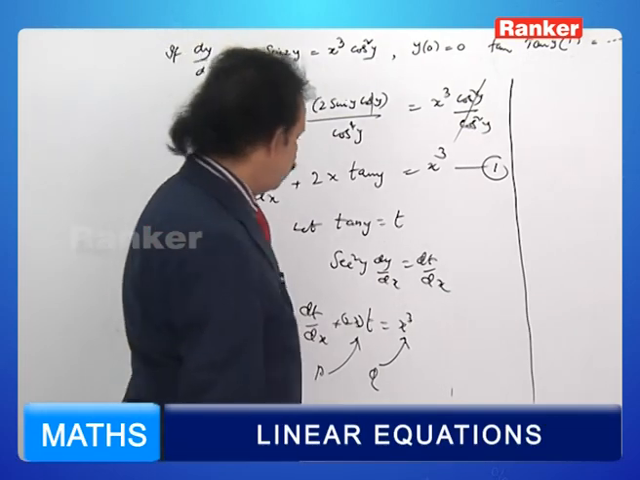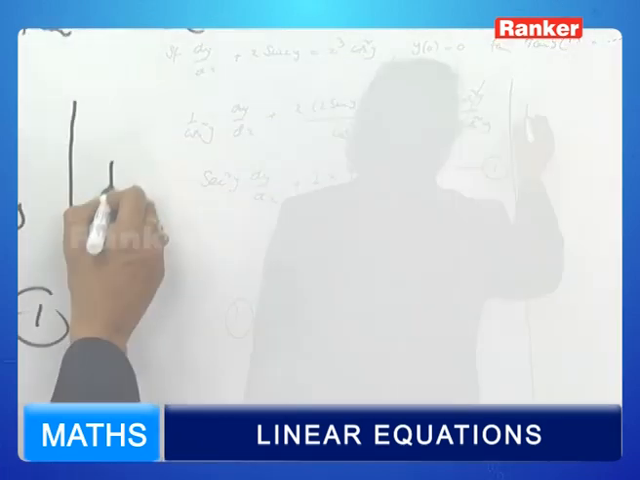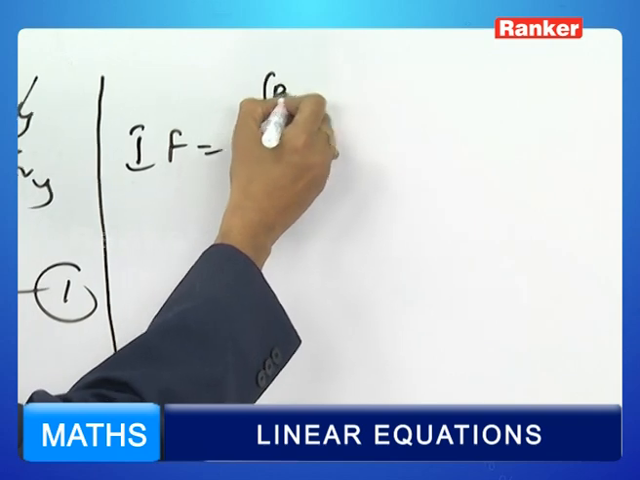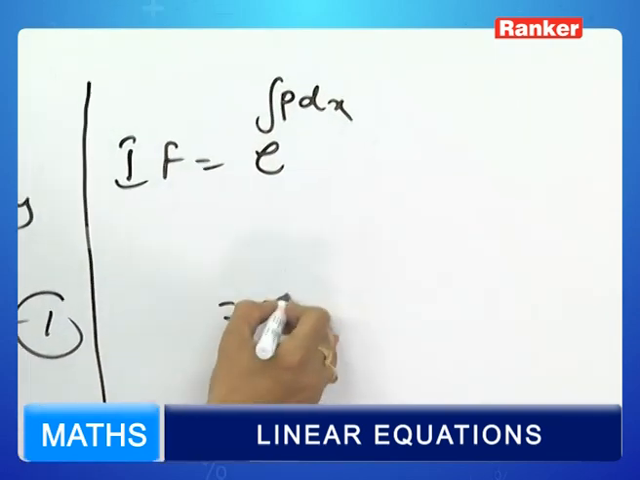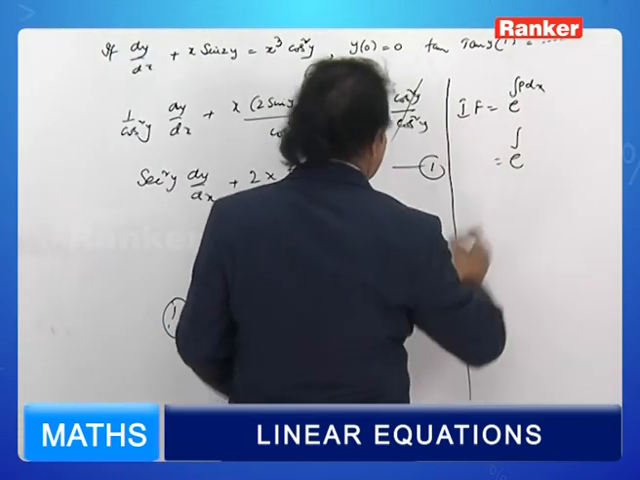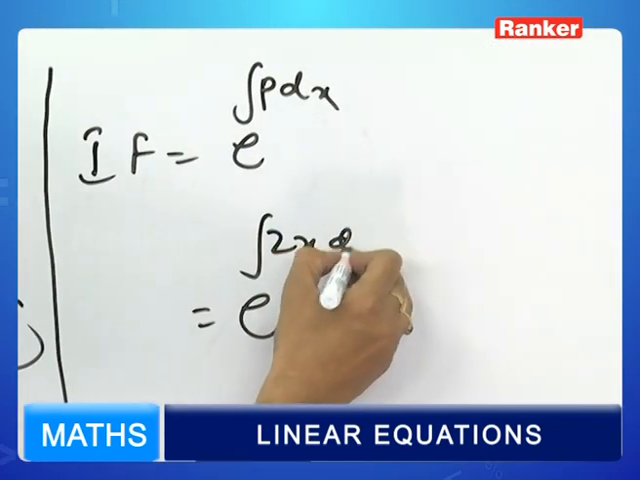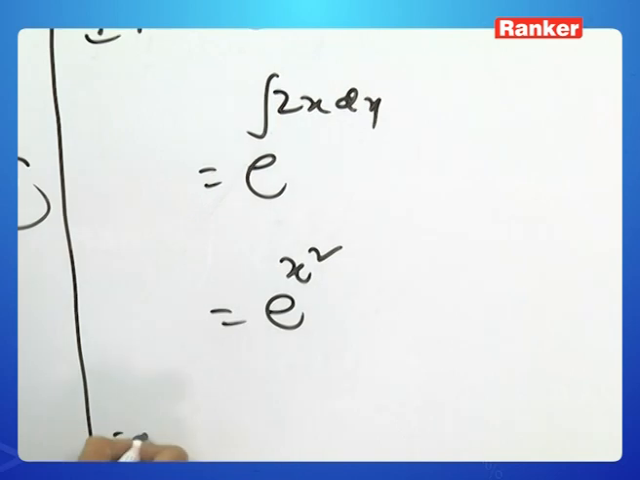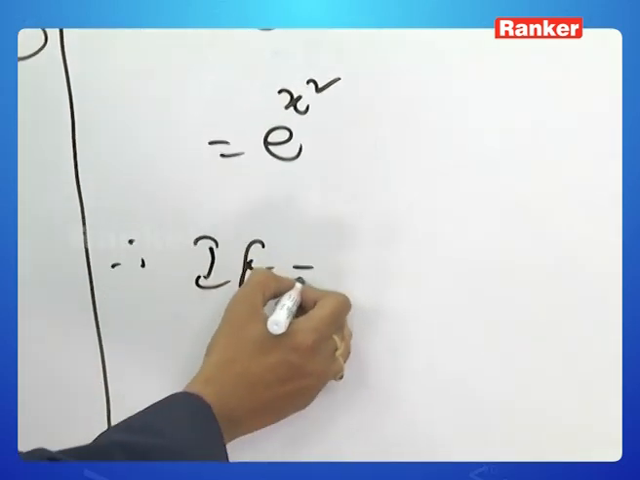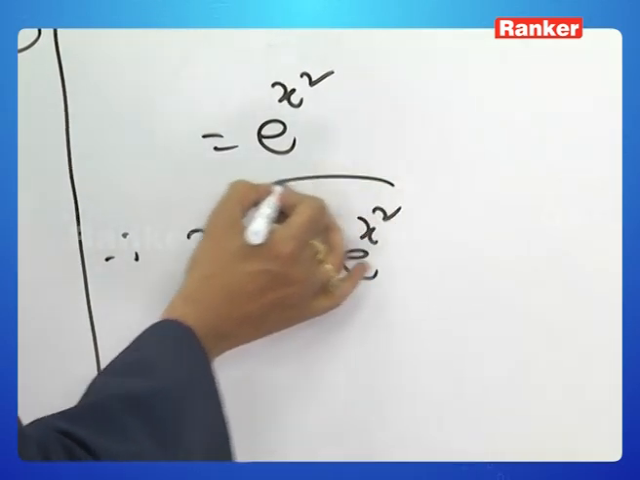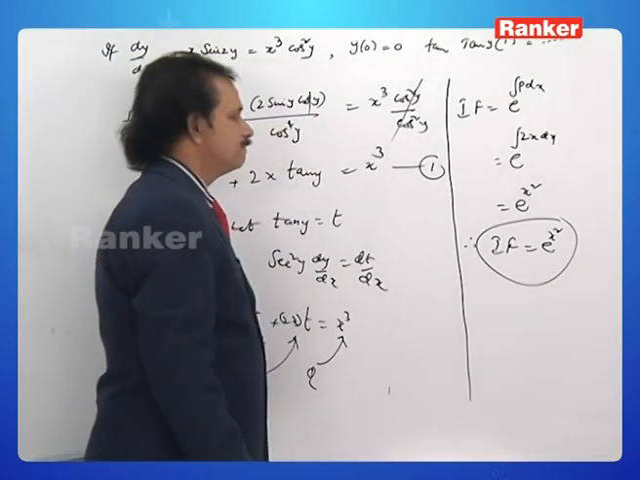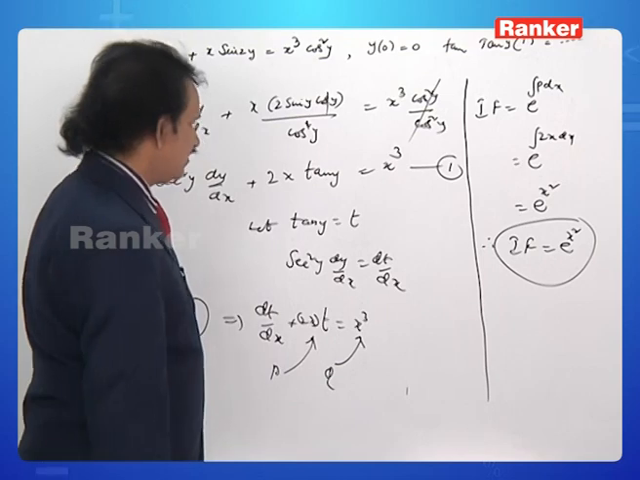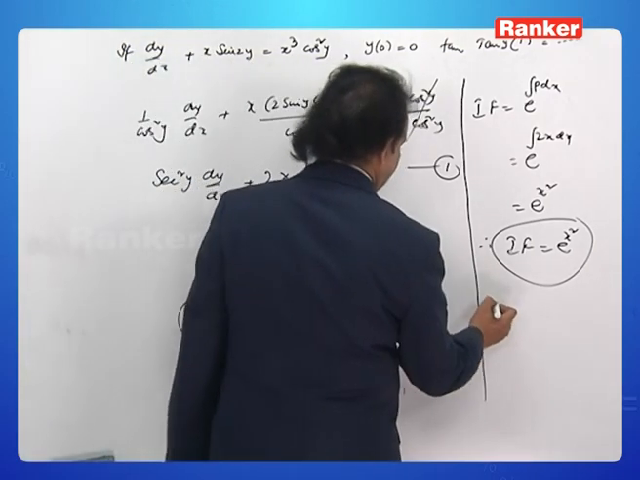Hereafter, we shall proceed in our usual way of a linear equation. Well then, what is the integrating factor? Integrating factor is equal to e power integral p dx. E power integral, what is p? 2x dx is equal to e power x square. Therefore, what do we have written? IF is equal to e power x square. Integrating factor is e power x square. Then, what is the solution? Therefore, the solution is